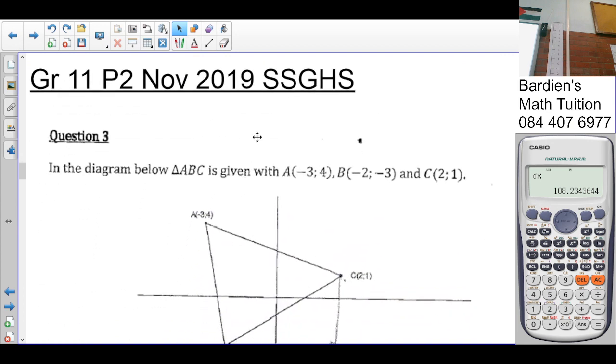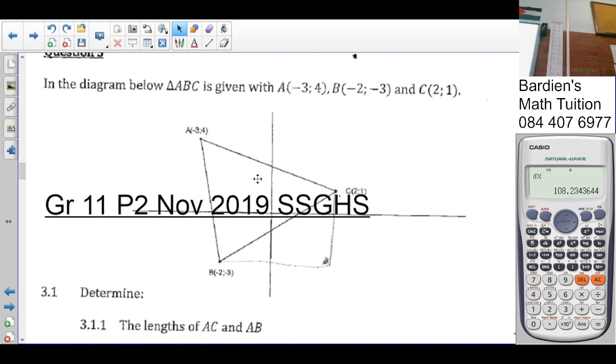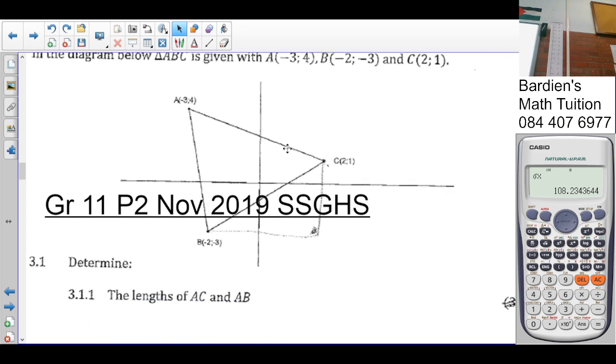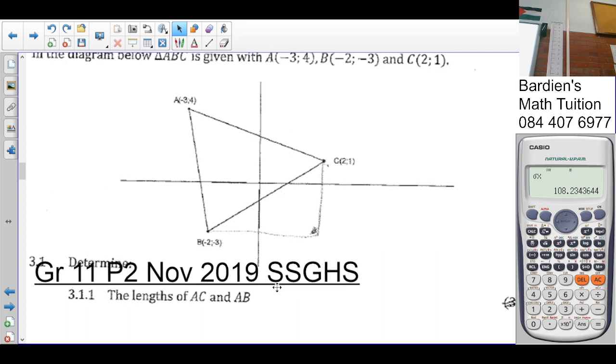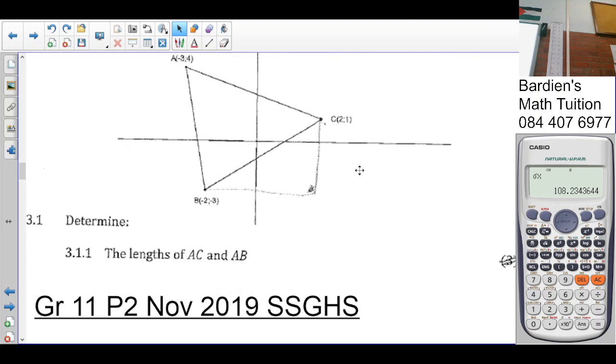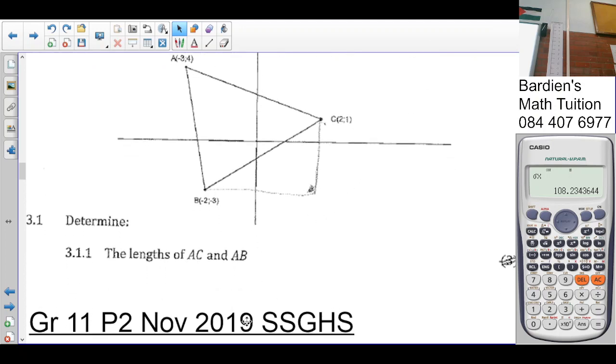Number 3. In number 3, we are told that in the diagram below, triangle ABC is given with A at (-3, 4), B at (-2, -3), and C at (2, 1). The question says, determine the length of AC. So of course we'll use the distance formula, not so? So we're going to say